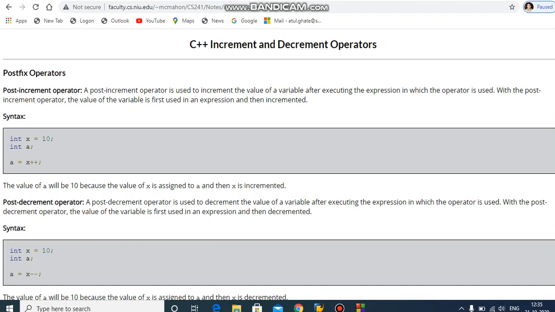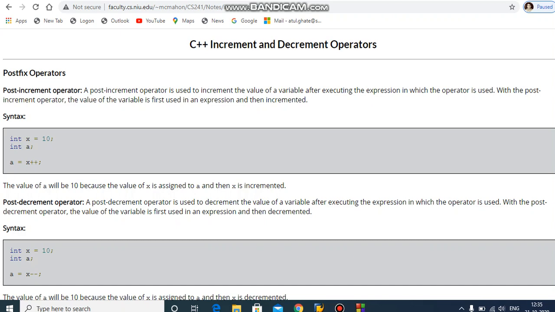int x equals 10; int a; then a equals x plus plus. The value of a will be 10 because it first uses the variable, which means the value of x will be assigned to a, and then x is incremented.